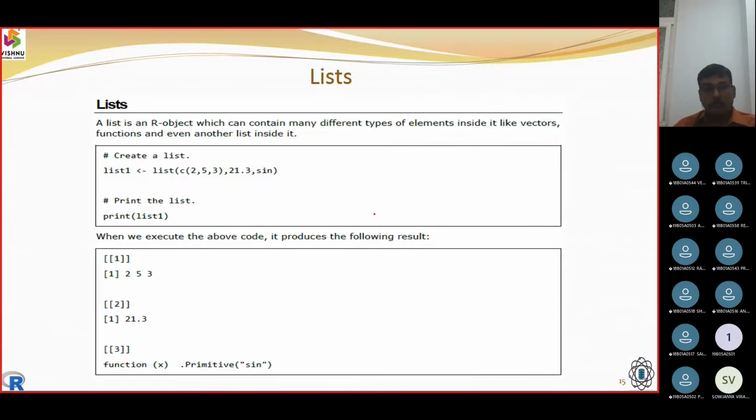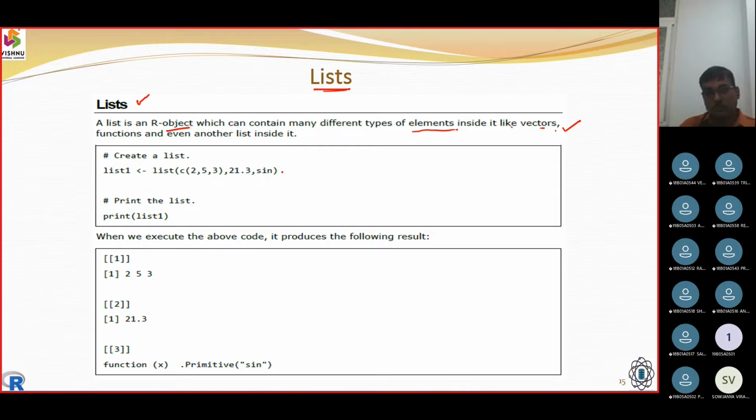Next one was the second type of data structure that R provides, which is the list. As per the definition, a list is an R object which can contain different types of elements, such as vectors, functions and so on.